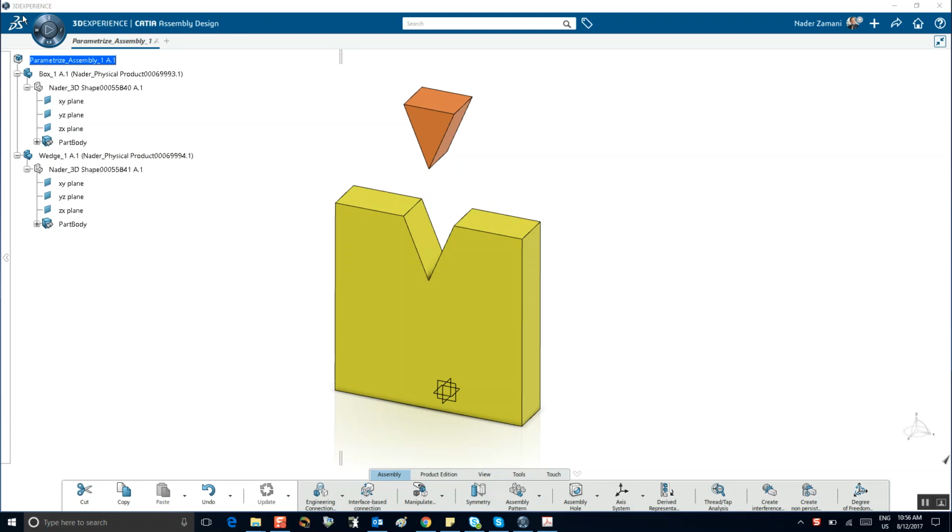Okay, this is the beginning of the second segment for the parameterizing of an assembly. And here is where we left off last time. What I'd like to do now is to create certain parameters at the assembly level. So first make sure that you are at the assembly level, as you can see, and then look under the tools,